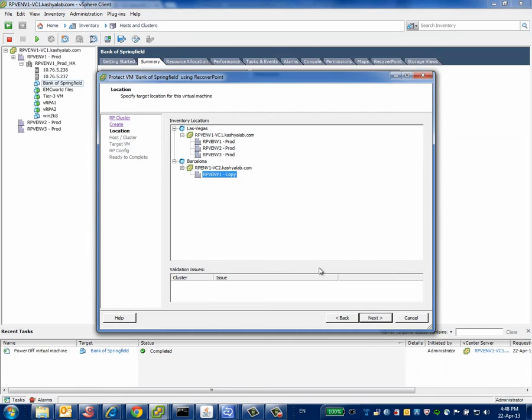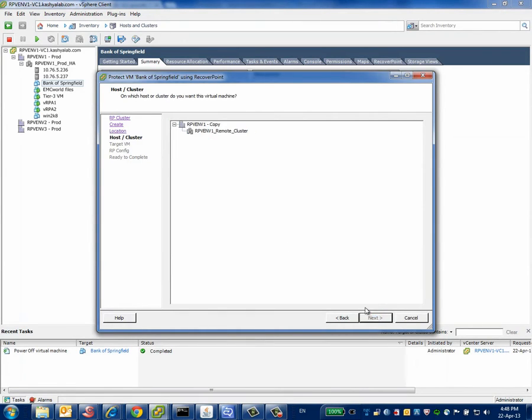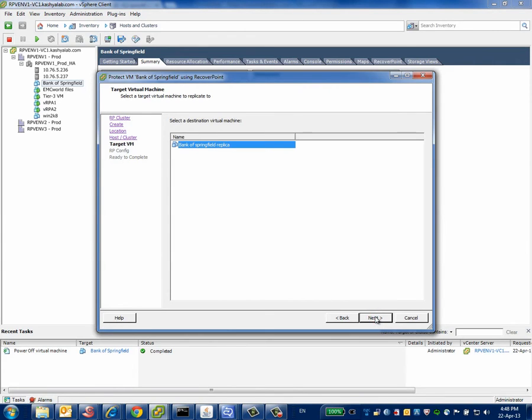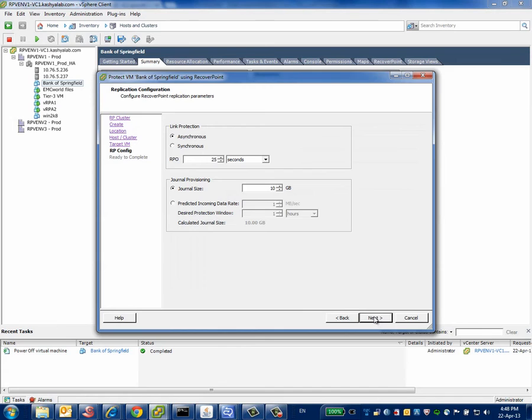And then what vSphere resources, both the location and ultimately the host and cluster that particular virtual machine is running on. And then since we selected that we want to use a pre-existing VM, we're going to identify this particular replica VM which has the same configuration as the source. Now this so far has shown the same simplicity and ease of use as native vSphere replication, but here you